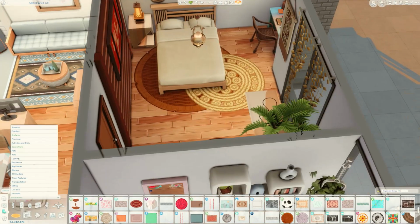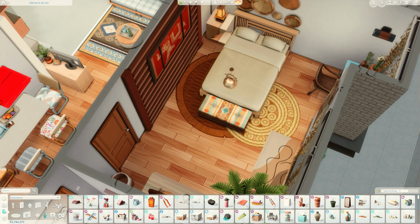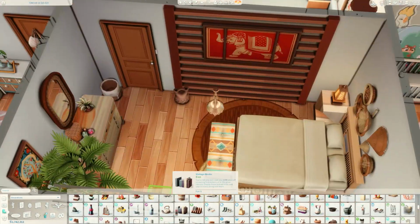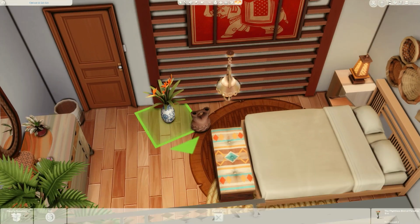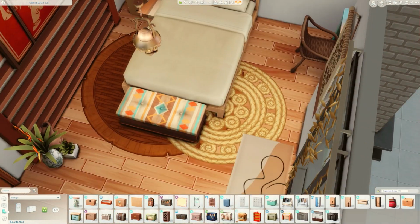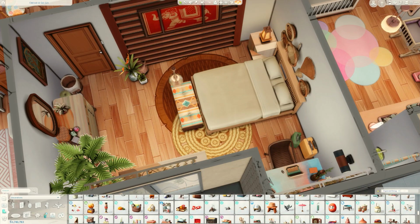Putting down the rugs here, which are from the laundry pack. I really hope we get a refresh of the laundry pack. It's one of my favorites because it adds a lot of great realistic gameplay, but I also wish we could do different appliance styles, like ones that are a little bit more high end, ones that are a little more broken down. I just really wish we get an update of that, like they did the spa day refresh. I think laundry would be a great refresh to do because it has some wonderful items and they could take it even further. But soon the screenshots are coming up,